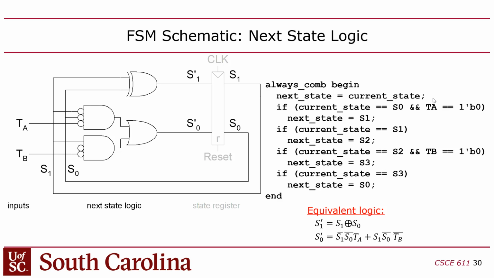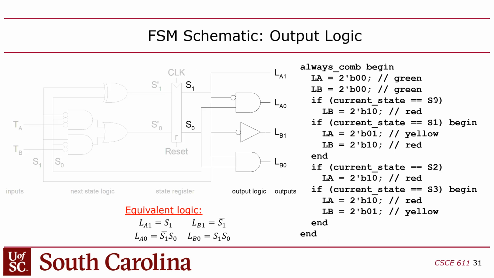Okay, and then you have the output logic, which is another always statement that once again I'll set defaults for light A, light B, and then I will set my lights based on what current state I'm in. I could have used a case statement here, but I just used an if then else. And actually, I think I know why I didn't use an enumerated type for the light colors, because